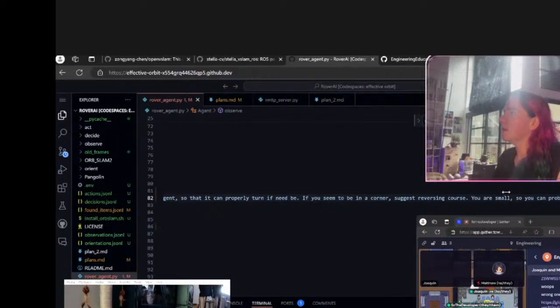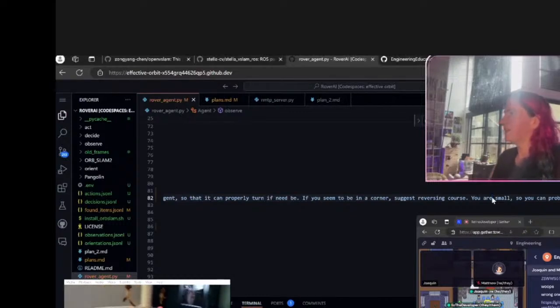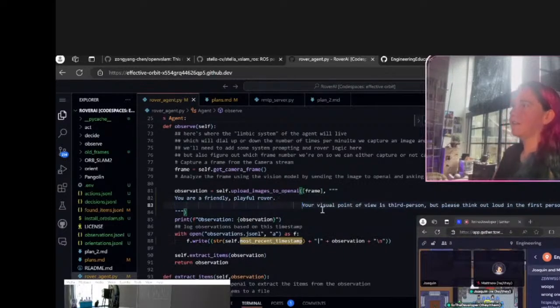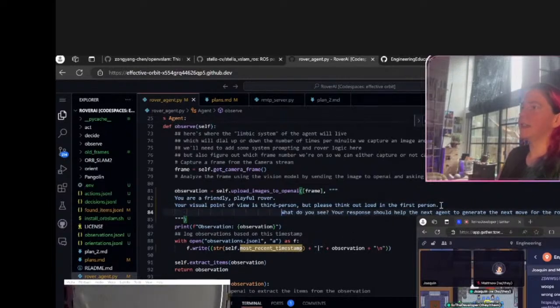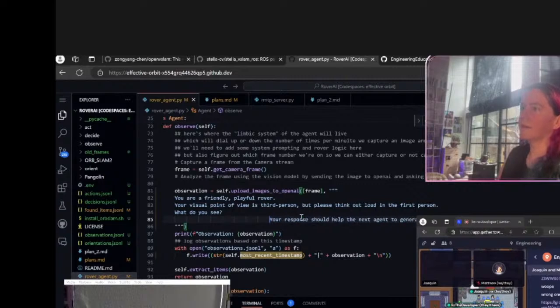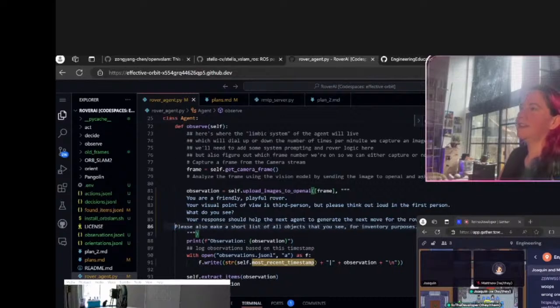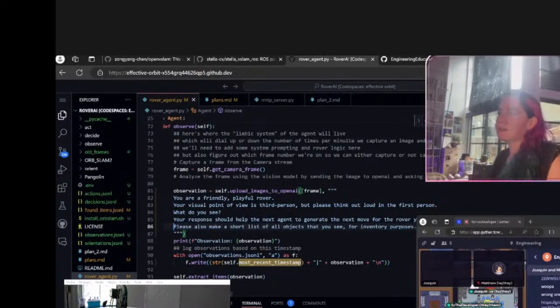Okay, let's do this. Hold on. Can we go to the end here? Whoops, end. I don't usually work on a Windows PC, so I'm always dealing with the Windows Mac switch here. Okay, your visual point of view is third person, but please think out loud. What do you see? Your response should help you generate the next agent. I'm not trying to indent these too much. All right, make a short list.